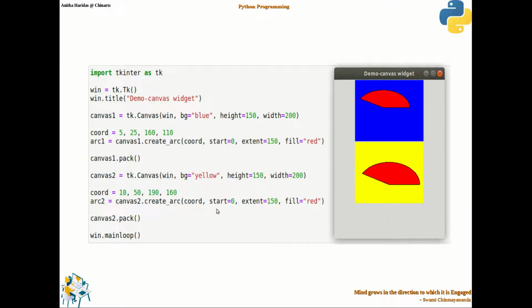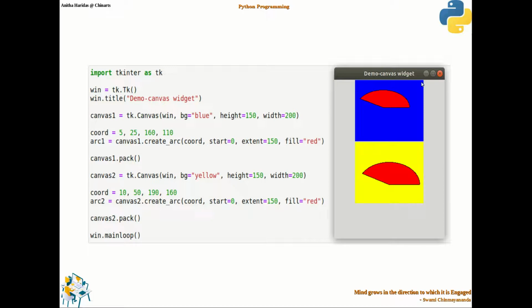So I specify the coordinates. These 4 values become the coordinates. Then I give the start and extent value, and I fill it with red color, and I pack the canvas here. Right?